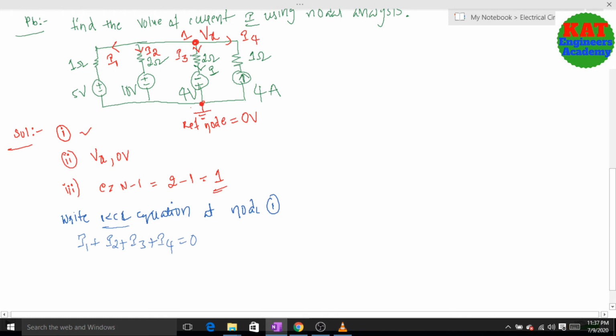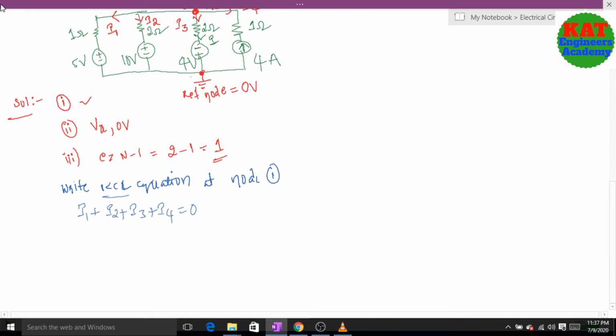How is the current flowing? From the higher potential to the lower potential. Higher potential is Vx, lower potential is 0. In between Vx up to 0 through the 1 ohm path, we are having a 1 ohm resistor as well as the 5 volt source. But how to write the equation? Generally, current is V by R, that is, higher potential minus lower potential divided by resistor. But here we are having an extra 5 volt source. Whether we take it as positive or negative, just listen.